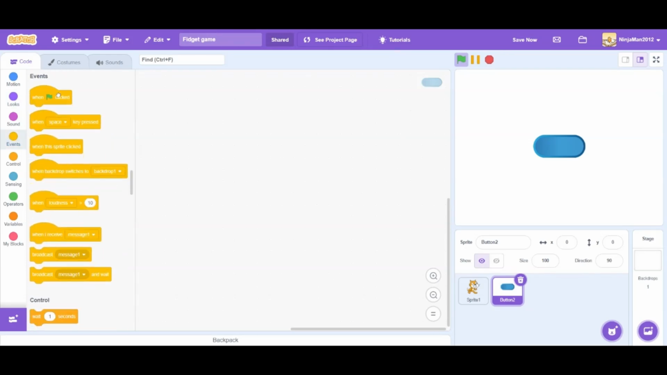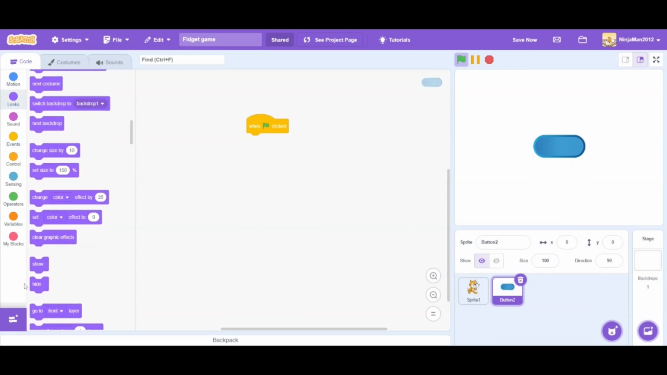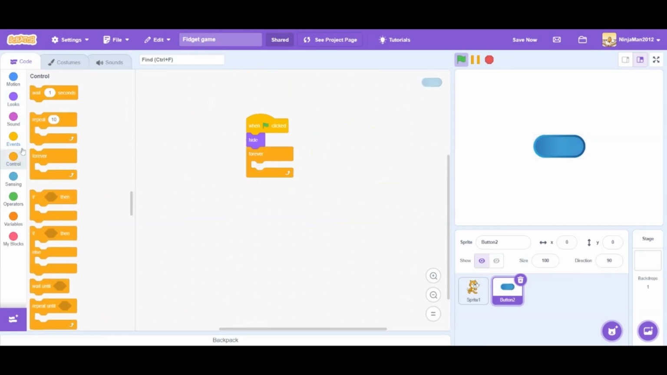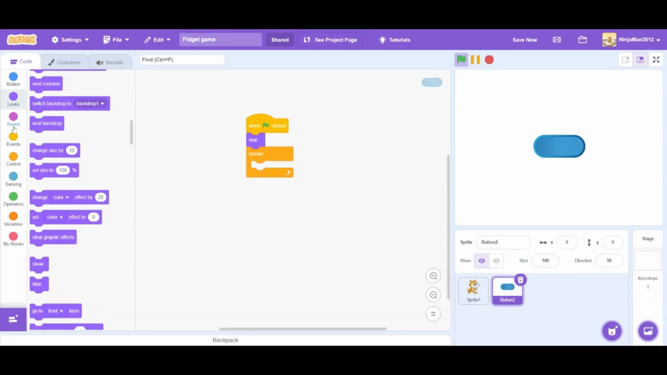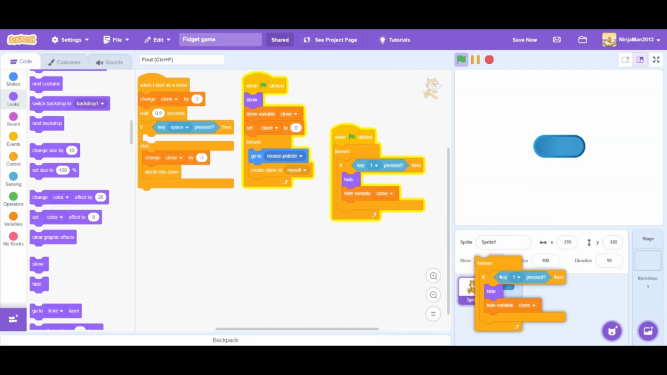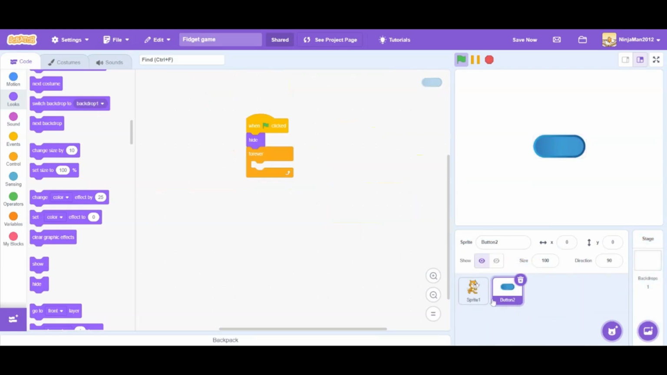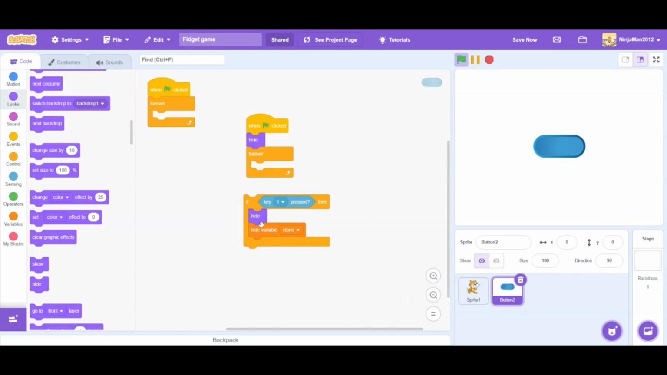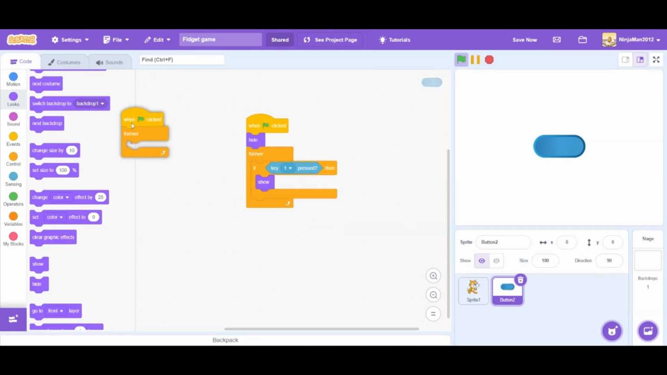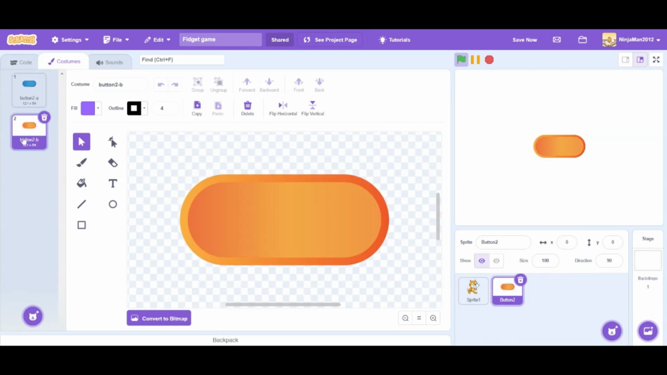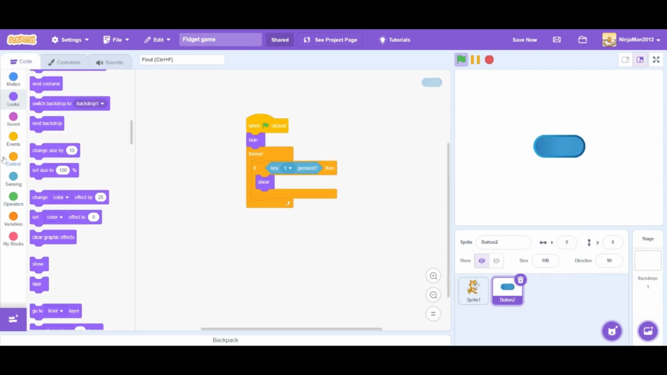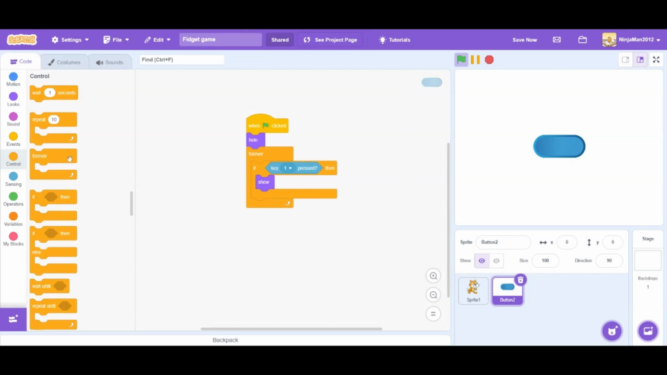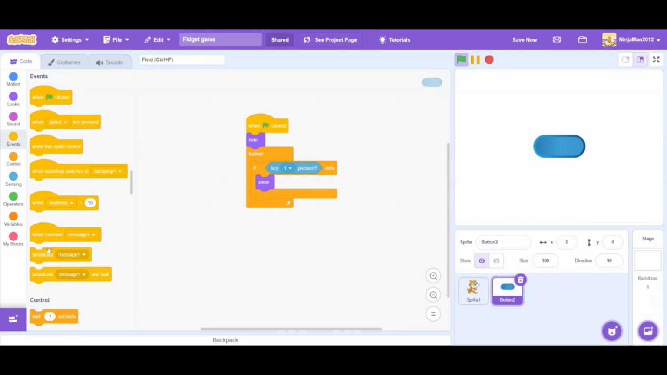And when green flag pressed, hide, and forever, if 1 key pressed, I need it to show, and after it shows, I want to switch costumes when you click it. Show, and then I need to broadcast. Broadcast message 1,